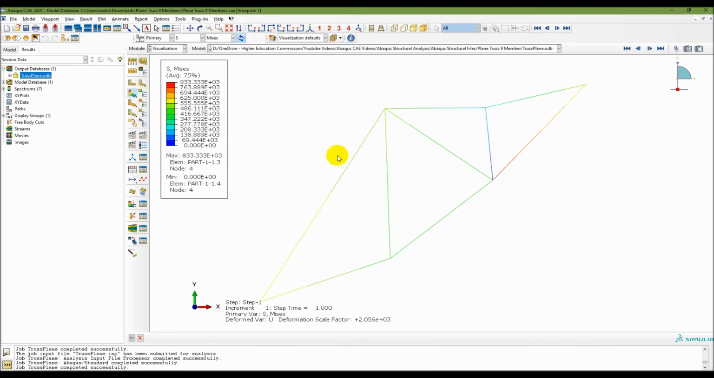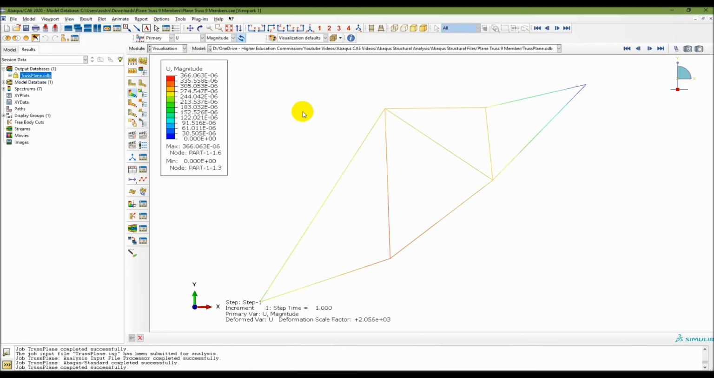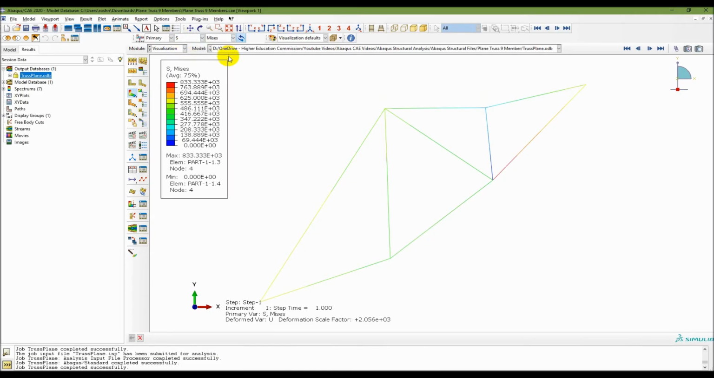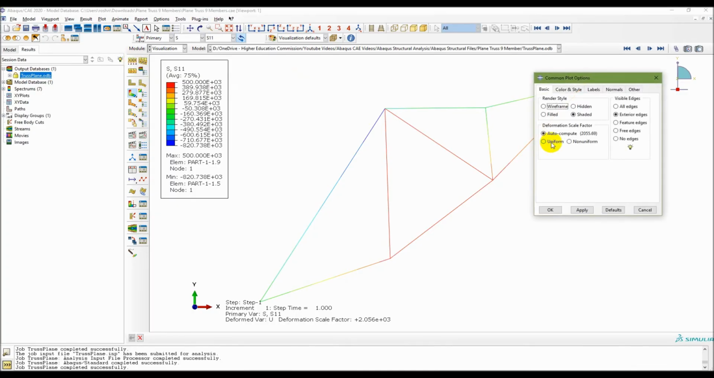By clicking here you can get deflection in x direction, deflection in y direction, stresses, and then S11. So S11 is in axial direction. So here you can visualize the results, and then you can go to common option and you can add element